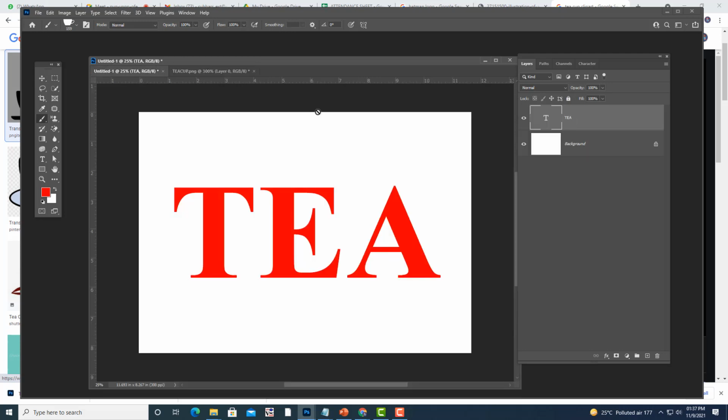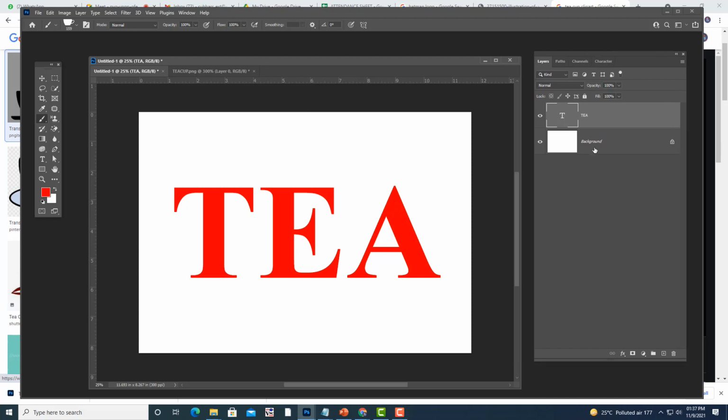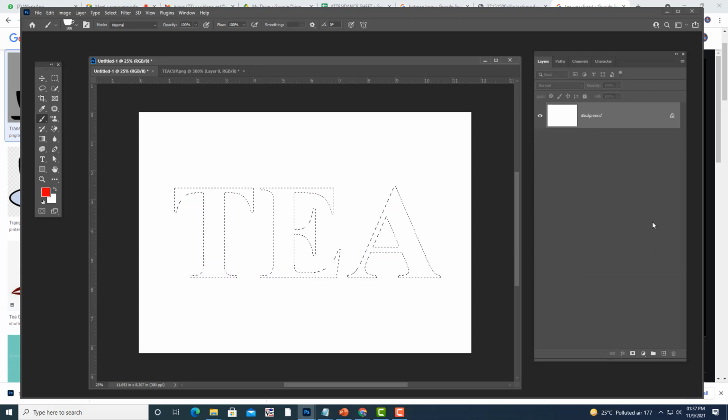Then now what I'll do is, first I'm going to get a selection for this word. So how to get a selection? Control and click. See, now we got a selection. Now what I will do is I will delete the text. How? See, simply you can drag this text on top of this delete icon. But still you can see the selection.